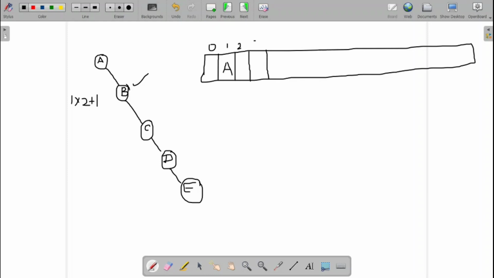So for the third index value, I am going to store the next element, that is the child of A, which is B. Next, C is the child of B. So C is the right child of B. Now to store C, take the index value of B. What is the index value of B? 3. So now 3 into 2 plus 1. 3 into 2 is 6. 6 plus 1 will be equal to 7. At the index value 7, my next element is stored.